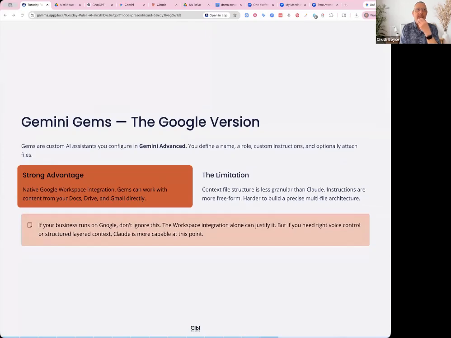Gems. Yeah, gems are Google's way of doing it. If you're in the Google environment, gems work within that environment. I don't think that I have an example of how to use a gem, but I don't use that. I'm more of a